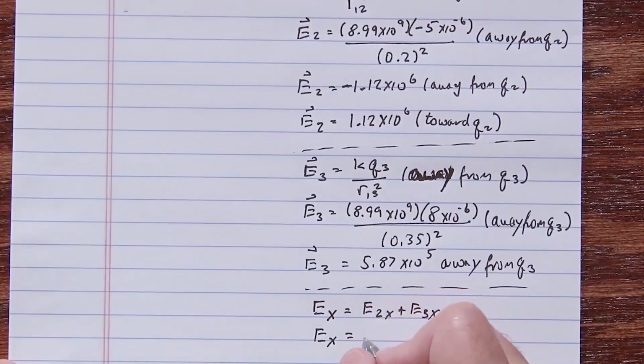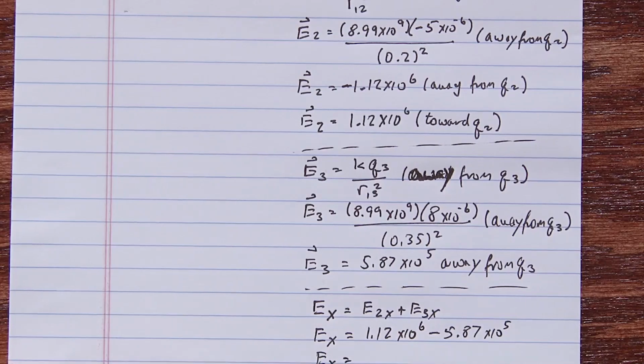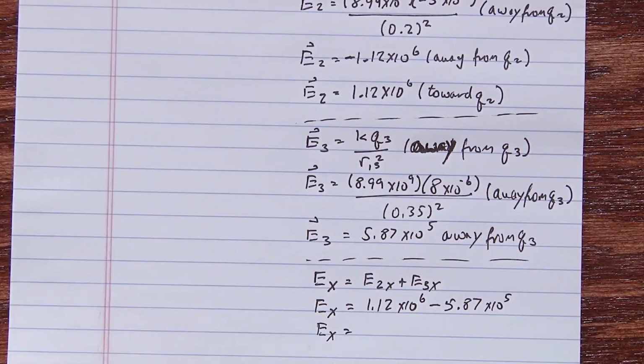So that would be 1.12 times 10 to the 6, that's from E2, and then minus 5.87 times 10 to the 5, and that's from E3,